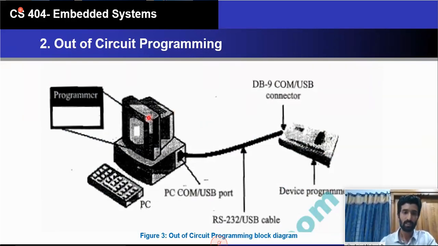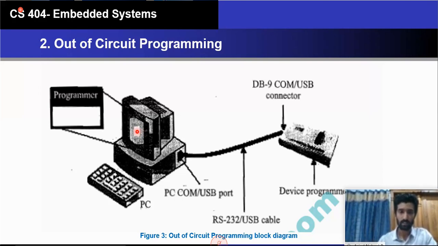On this PC, we assume that the developed firmware is copied, and it will be in binary form or a hex form. That is, the firmware is located in this computer, and there will be a programmer device, a special device kept outside of the computer, connected using some kind of interface. It can be a USB cable or an RS-232 cable using a COM port. It will be connected to the computer, and there is a utility program, something like the Nokia PC suite you might be remembering, which can drive the programmer. That kind of program will also be installed in this computer. So this is how the configuration looks.